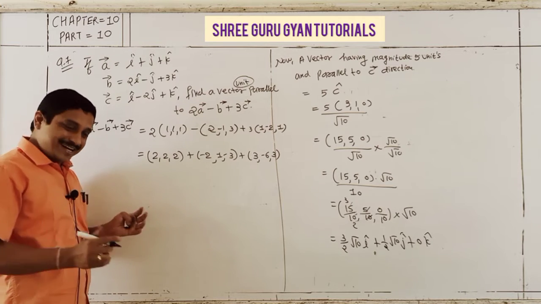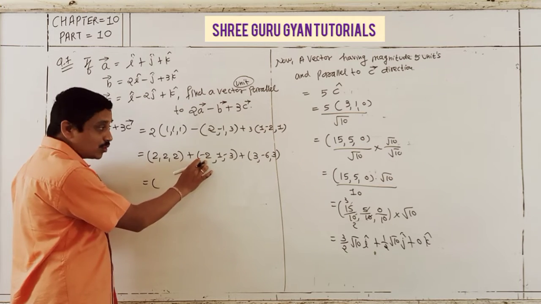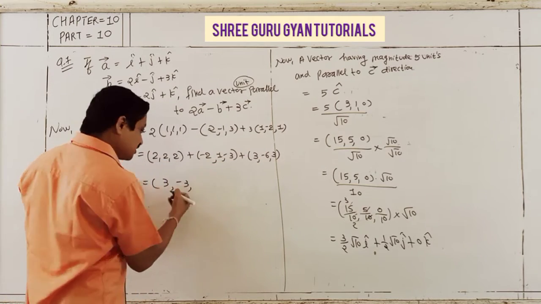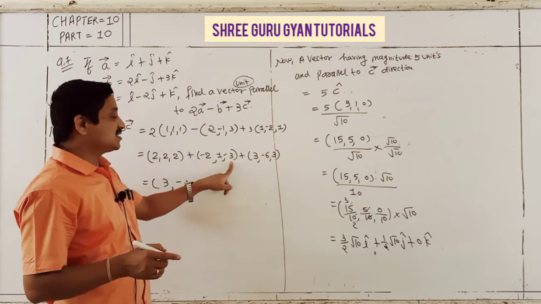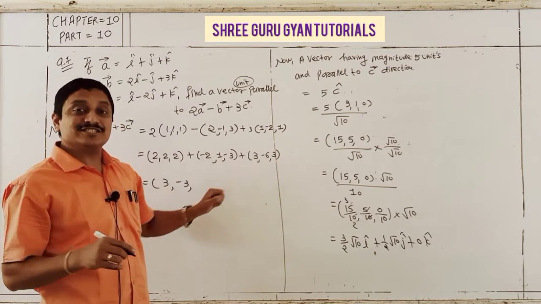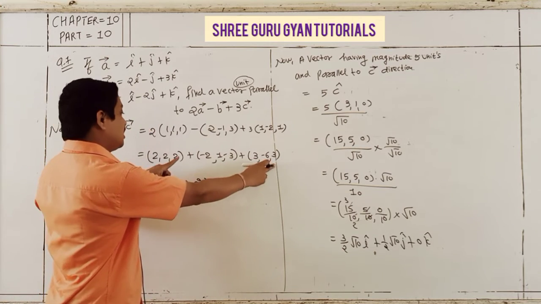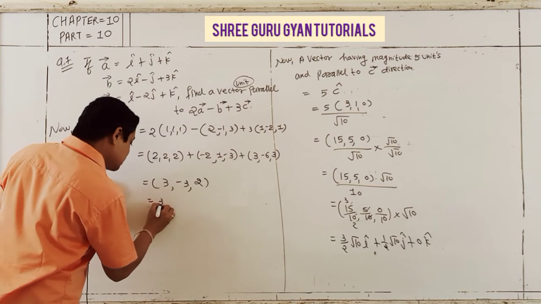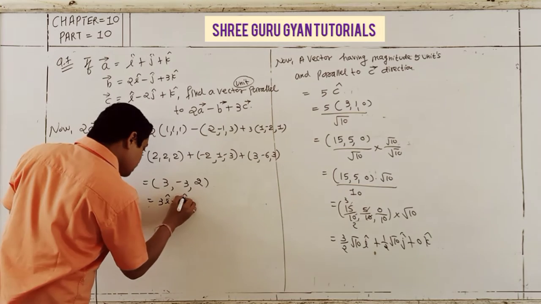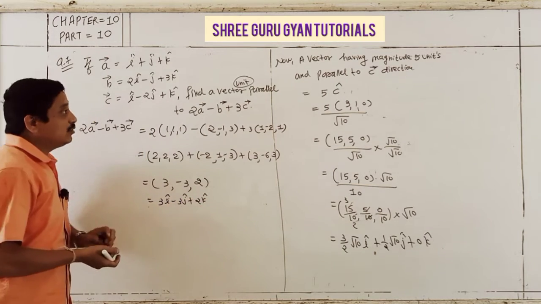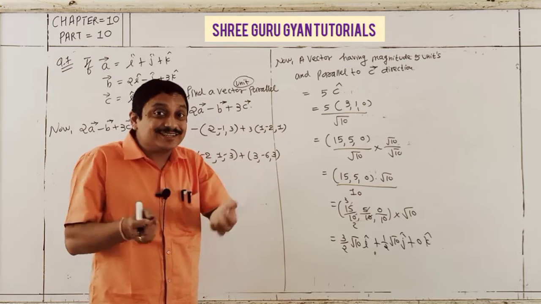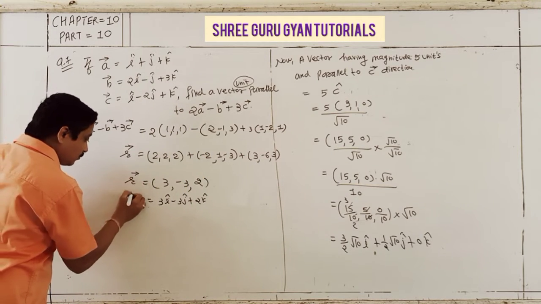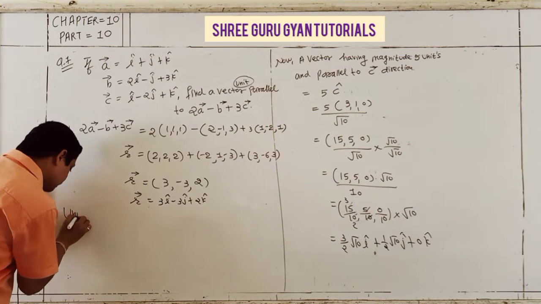Now students, you total: 2 and 2 cancel, only 3. Here 2 and 1 and 3 gives 3 minus 6 minus 3, and last 2 minus 3 minus 1, minus 1 and 3 is 2. And this vector is 3i - 3j + 2k. But I want the unit vector. So students, call this vector R. Now the unit vector is